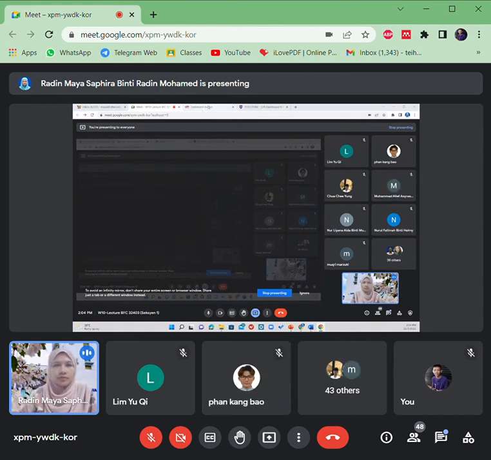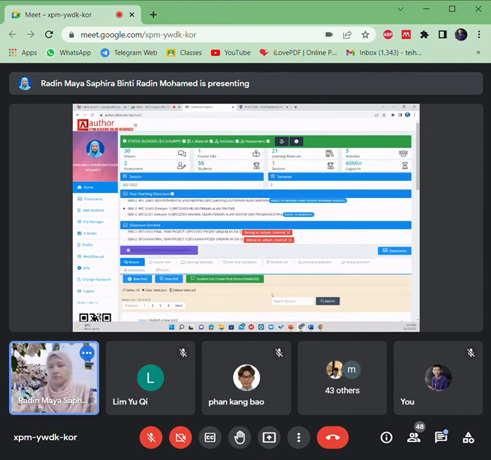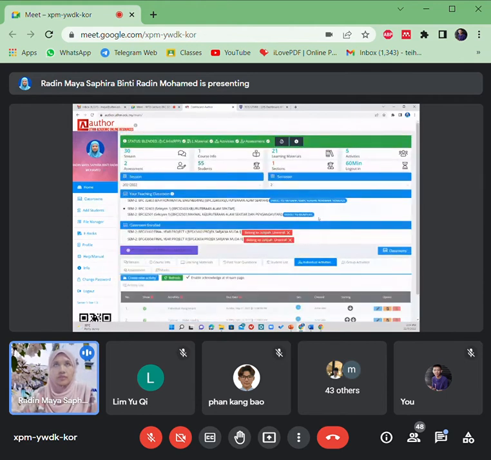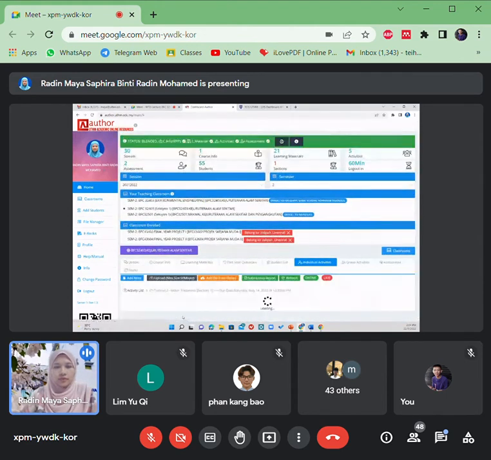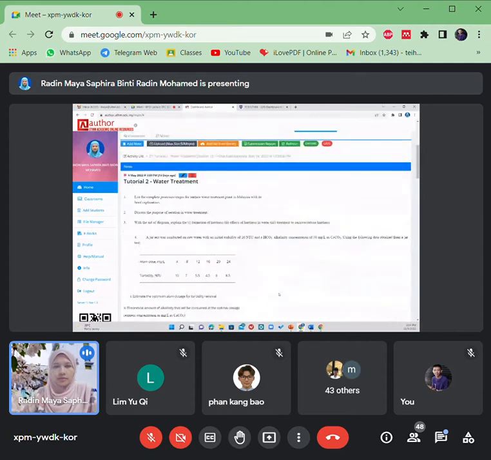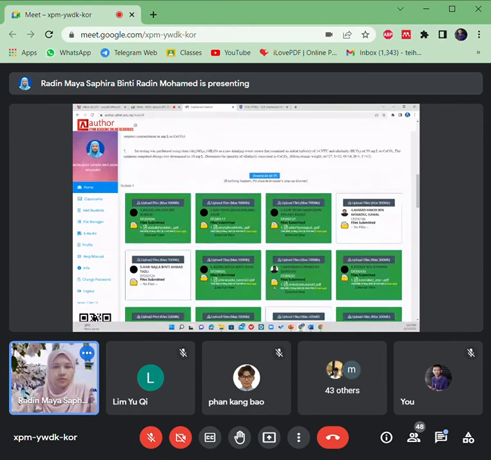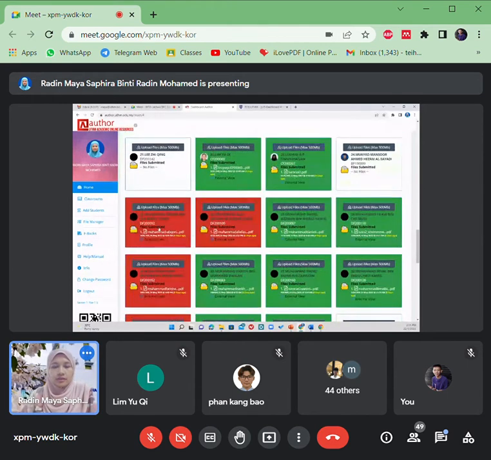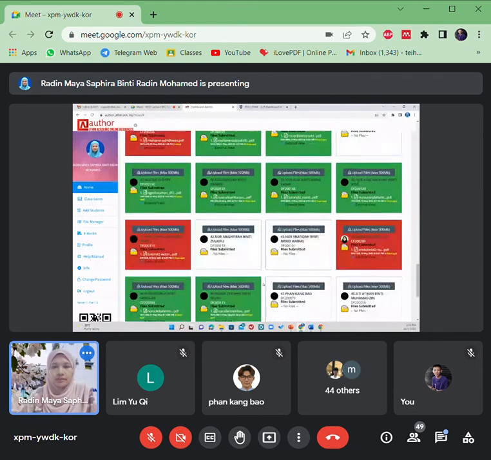Sekejap ya, saya check dulu. For the tutorials, I think last 2 weeks on water treatment about this question, 8 May. Okay, betul. So the green indications means you submitted according to the deadlines, whilst the red ni tak hantar, not submitted. The red means you are late. Okay,